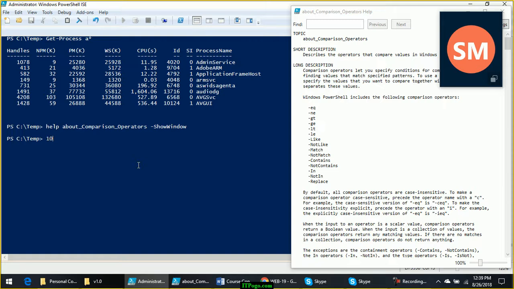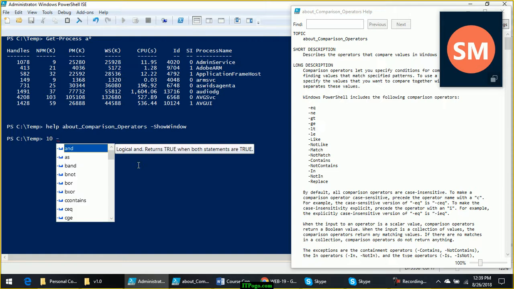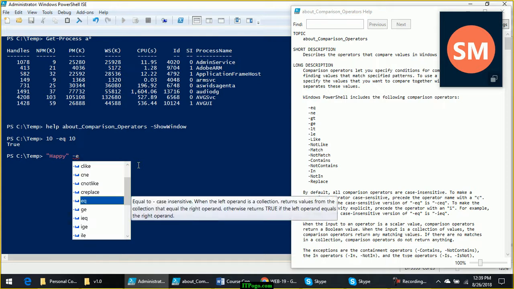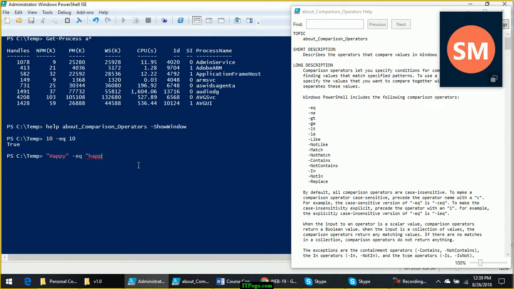Like you want to check whether 10 is equal to 10, it will return true, obviously. This operator can work on numbers and strings also, like happy is equal to happy. Now notice here H is capital, here H is small, it doesn't matter. PowerShell is not case sensitive by default.